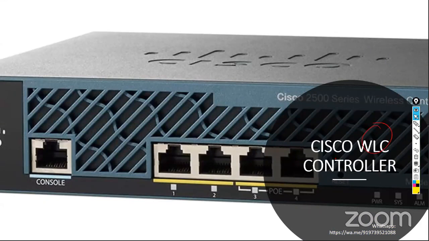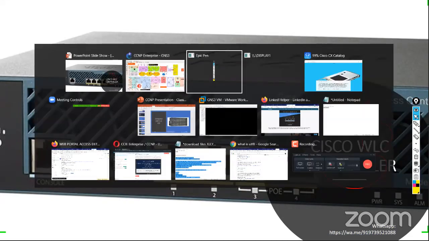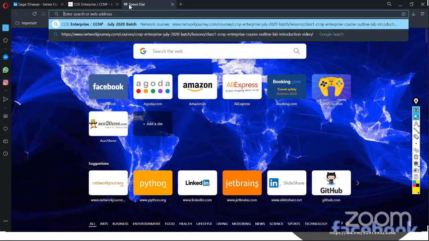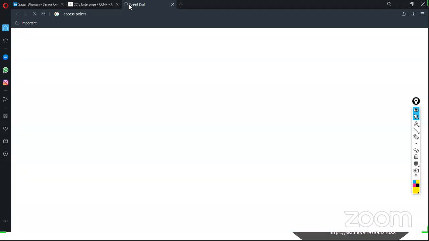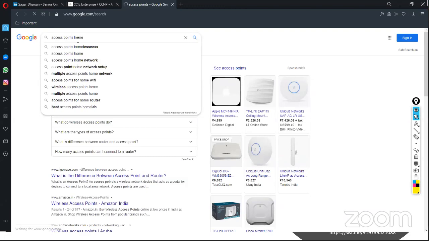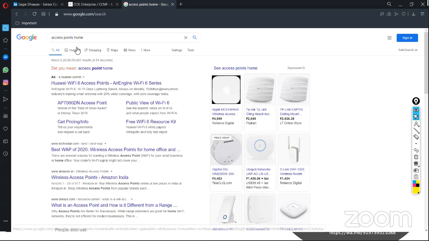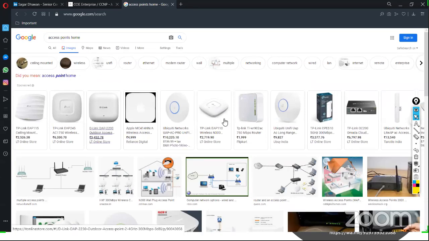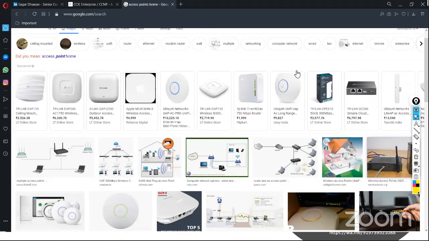What is WLC controller? So basically, this is the wireless controller. Okay, you might have seen a lot of access points. If I just open up access points, so I'm not talking about those home-based access points. Okay, like your TP-Links, D-Links, all those are just home-based routers or home-based modems, access points. Okay, these are not